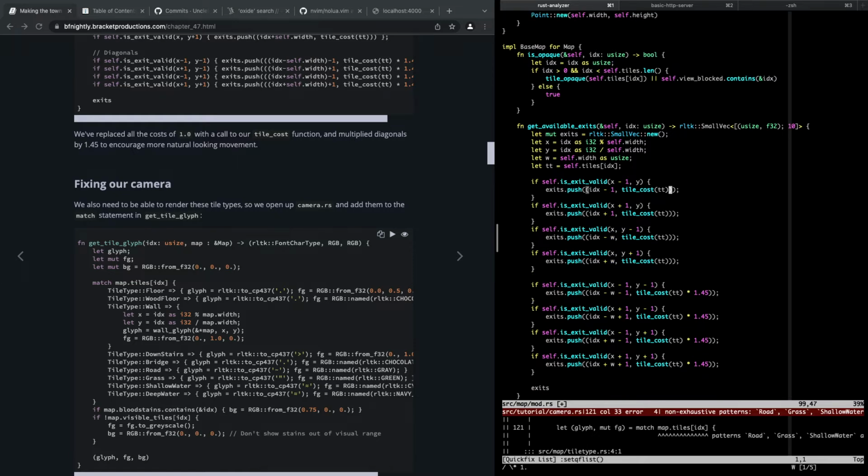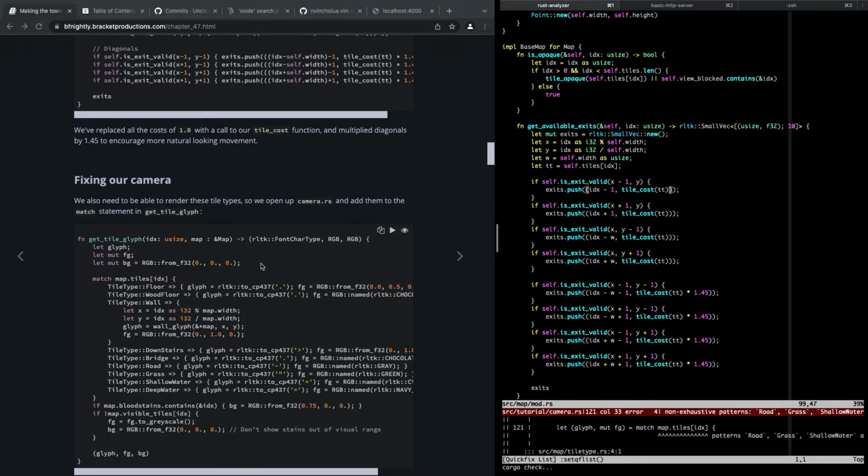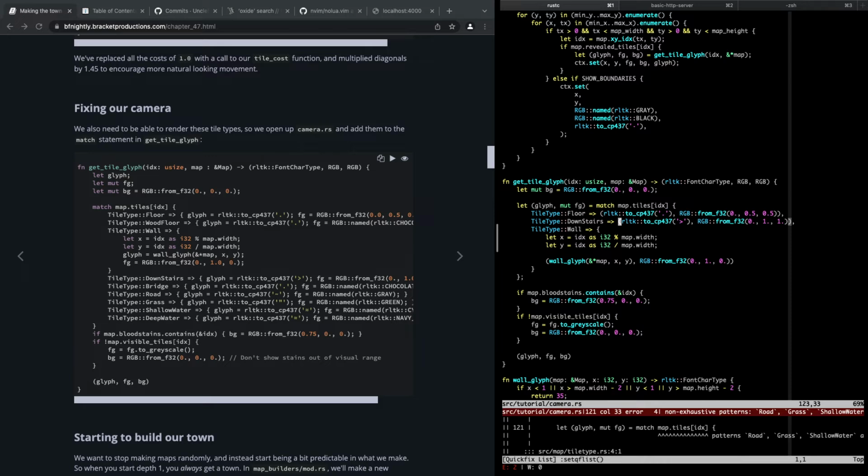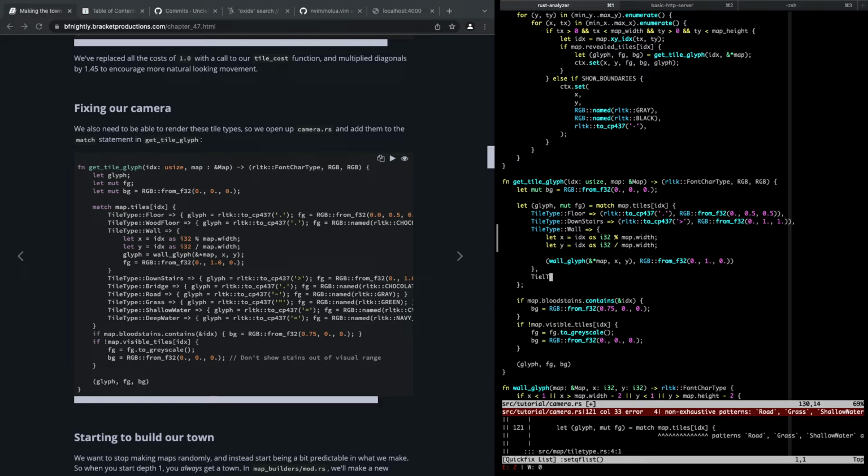There. Okay. Fixed. So now in the camera code in get tile glyph, we have floor, wood floor, and wall. We're going to add down. Oh, we already have downstairs. Or wood floor is over here. Sorry. Tile type wood floor